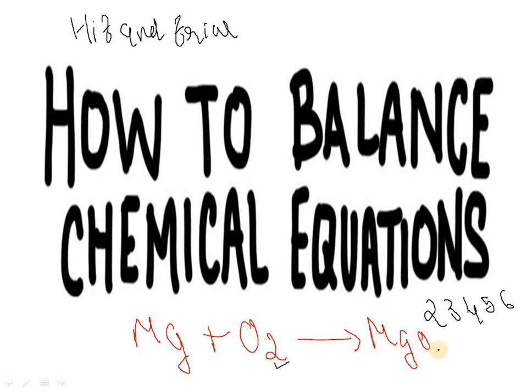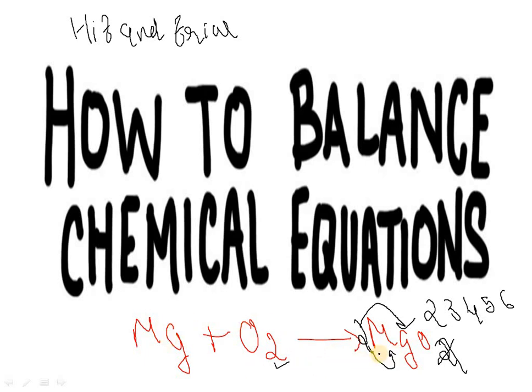That means in order to balance this, make oxygen here also 2, we should not add here 2. This is wrong. In order to balance this, we have to multiply the whole compound by this 2. Since 2 is multiplied with the oxygen, the oxygen is balanced, but the 2 is also multiplied with magnesium